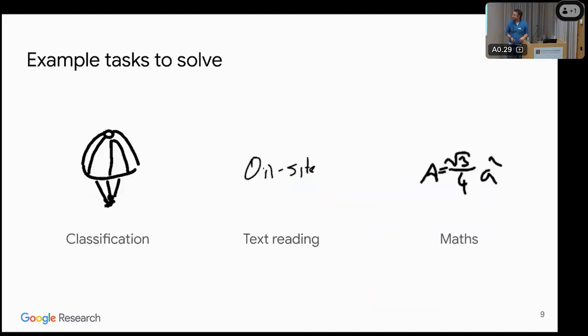So again, like I said earlier, these models can solve many different tasks. And these are some of the tasks that we're interested in solving. Things like classification: I draw something, you tell me what it is. Obviously text reading, which is our bread and butter. But then you can imagine other things, like I was saying earlier, diagrams, math, music sheets, so many more. And math is an interesting one. I know how painful it is to input math equations in any other way than handwriting, so that's one that I personally like a lot.